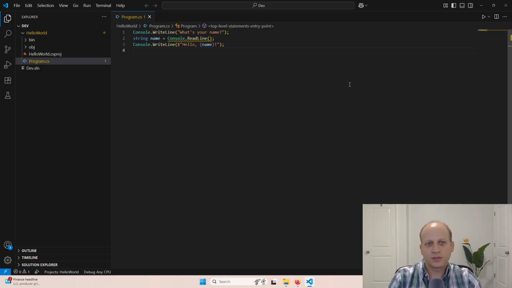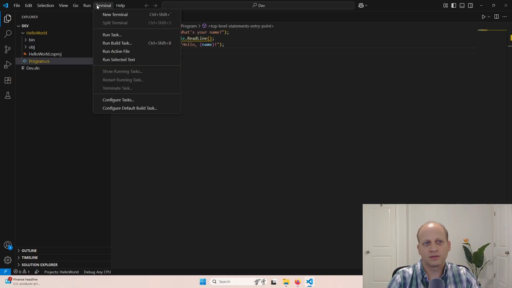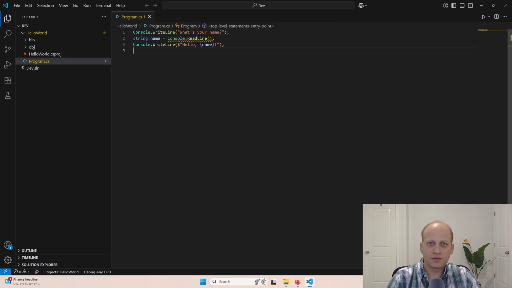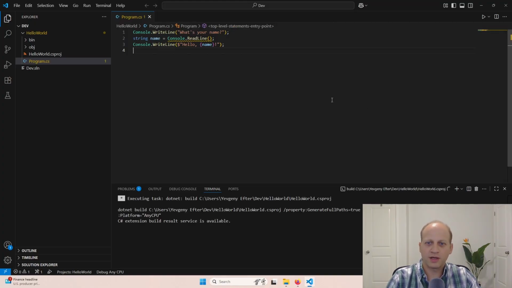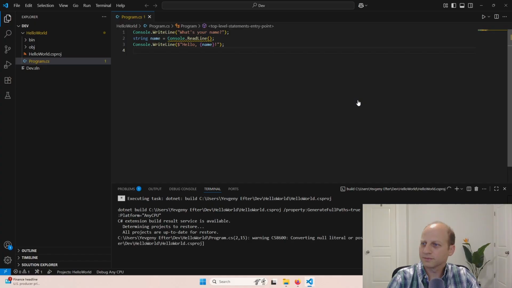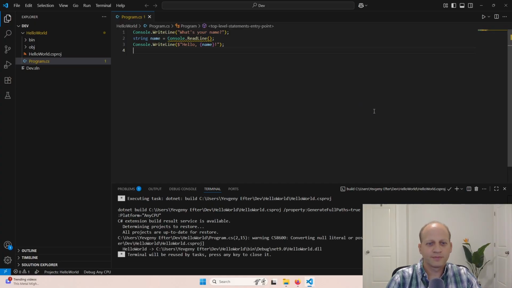All right, so now that we have our program written, the first thing that we need to do is build it or compile. In order to compile it, we can go to terminal here and choose run build task. Press enter, and this is going to compile our program. All right, so now that the program is compiled,